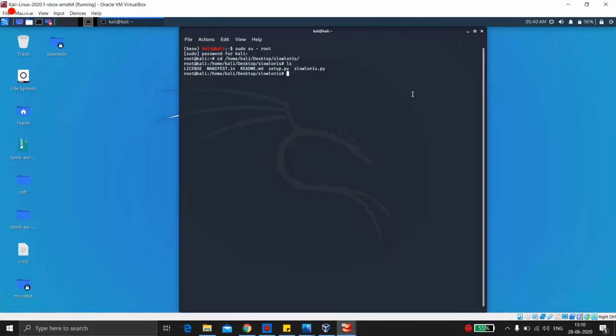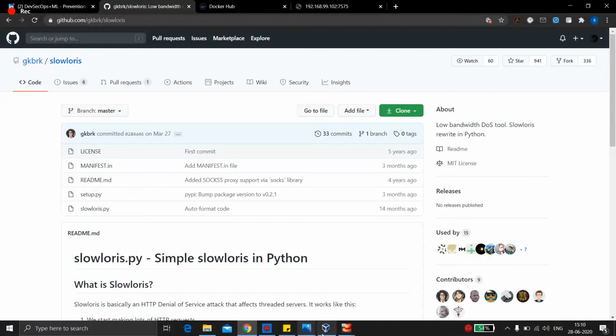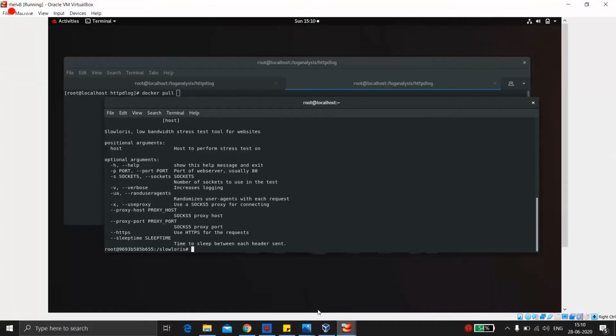So you use the git clone command and this URL to clone this folder, and you will use this. For this you need Python 3, but you don't have to set up all these things. You can get this image from Docker Hub, and you can even launch more than 10 of this kind of container, and you can attack from all 10 containers.